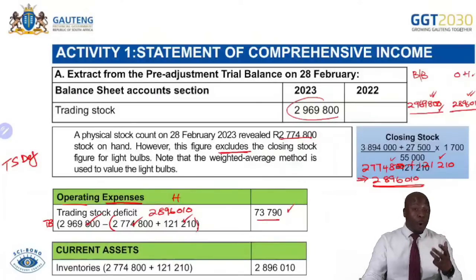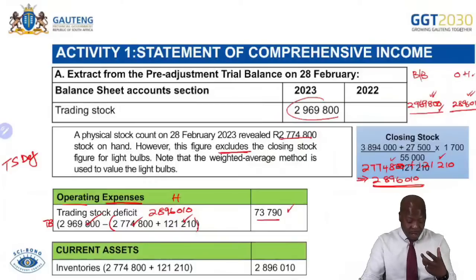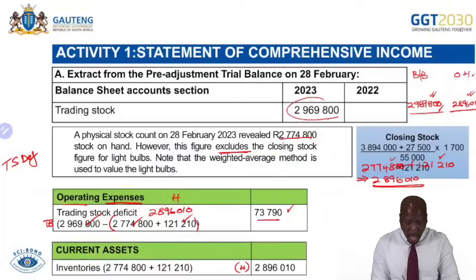Remember, I gave you several options that the examiner can bring. In this paper, the examiner was exploiting the statement of comprehensive income and a part of the statement of financial position. In the part of the statement of financial position, the examiner wanted us to address our assets. So here you're going to have the current assets. And then we're going to speak to inventories. Remember, this is your note 4. So we would then say the amount that we had on hand before we added the amount that was excluded. Then we bring the amount that was excluded, which is that one. Then we end up with